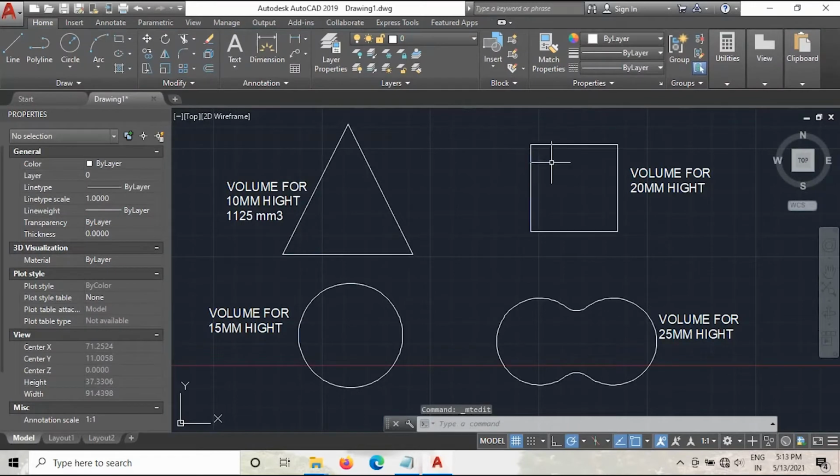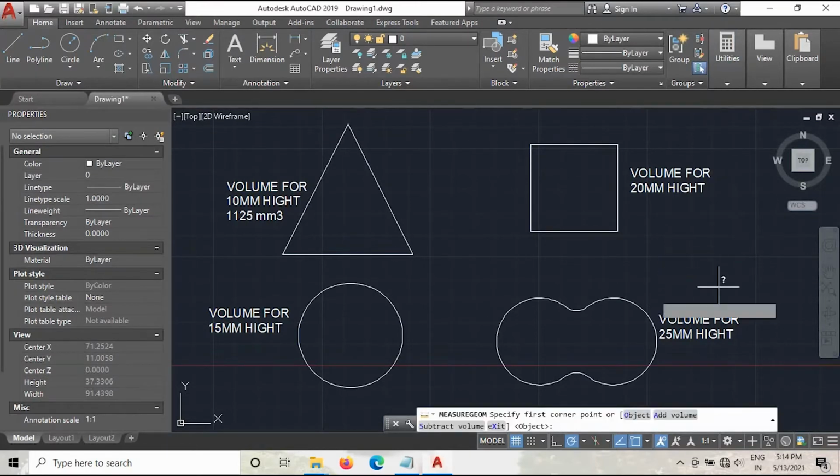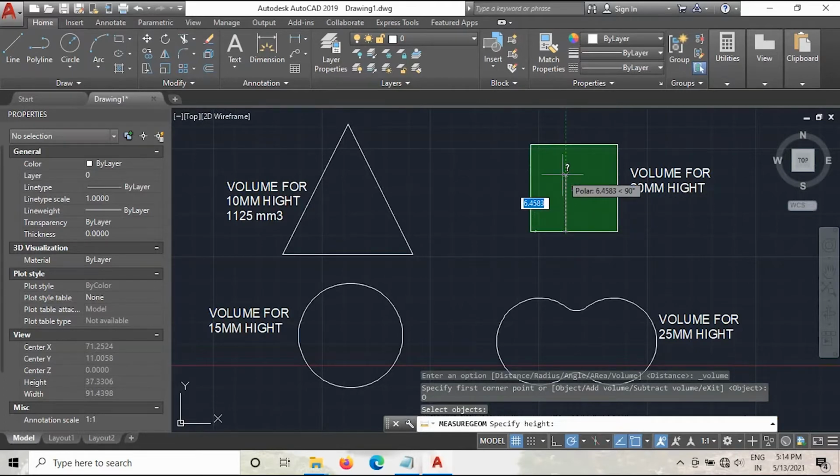Now we will calculate the volume for this rectangle. Just go to Utilities and Volume. Now select this object. You can select the corners also, but the easiest method is selecting the object. Just click on this object and now it is asking for the height.